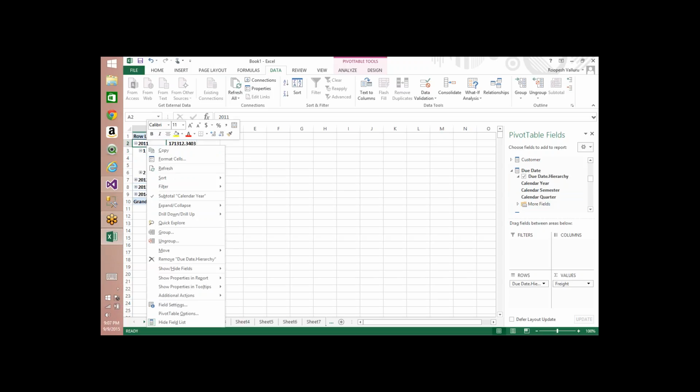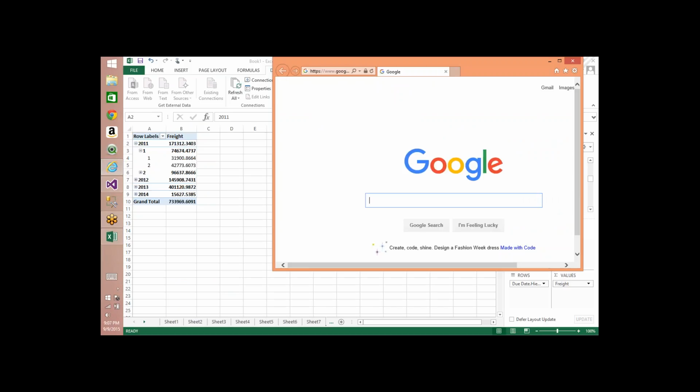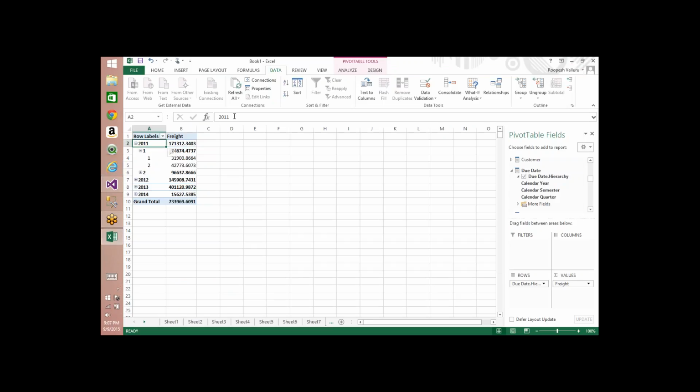Now if I right click here, and go to the additional actions, you can see there is an action defined, go to Google. If I click on this, it will trigger that URL. That URL says www.google.com. That's why it is going to google.com. Similarly, let's assume